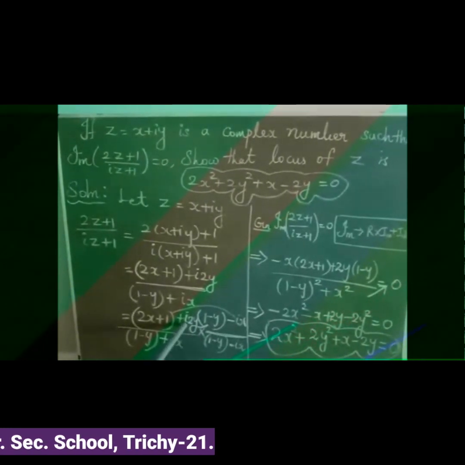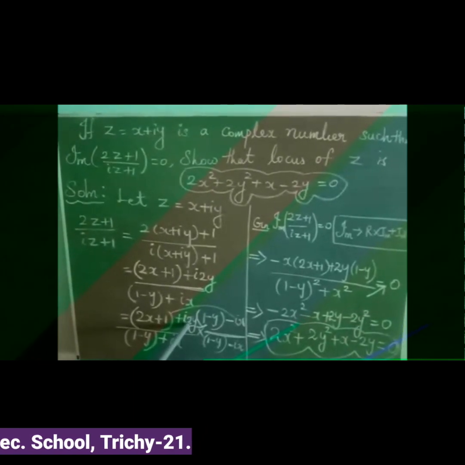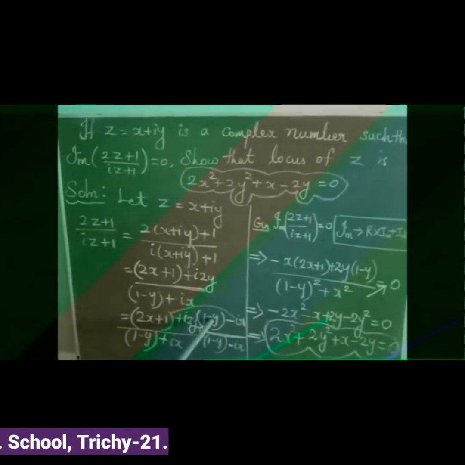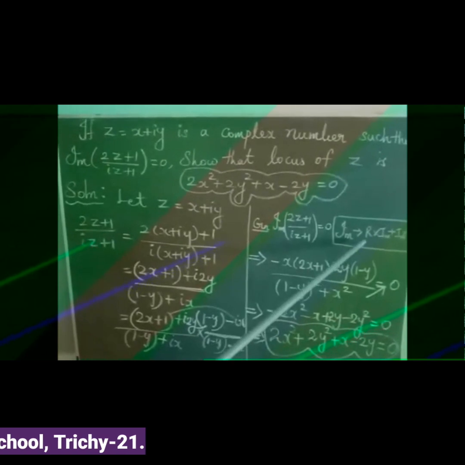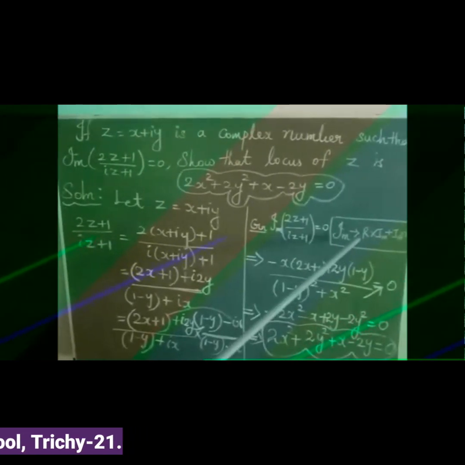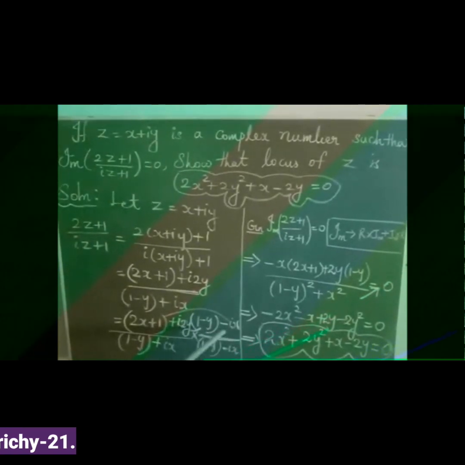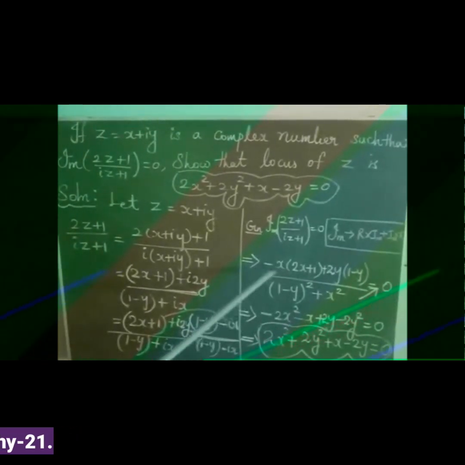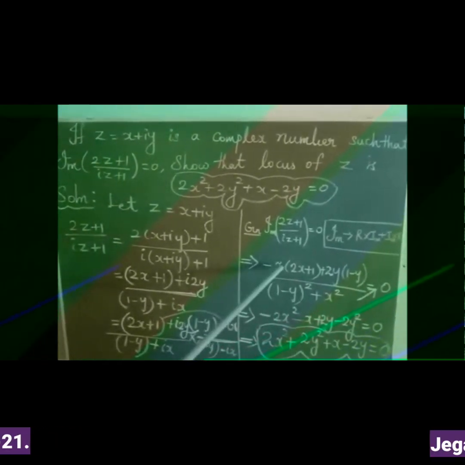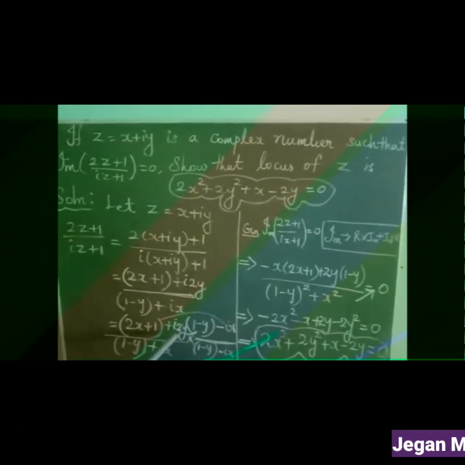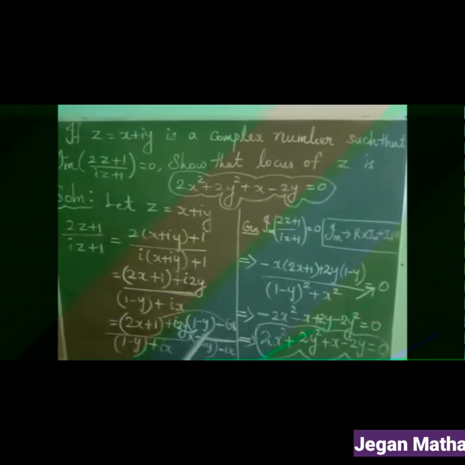Then the second one is imaginary part in the first one and real part in the second one. Likewise, you can multiply. So when you are multiplying like this, we are getting the answer as minus x into (2x plus 1) plus 2y into (1 minus y), divided by